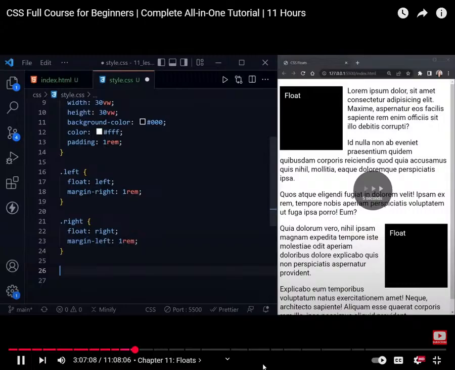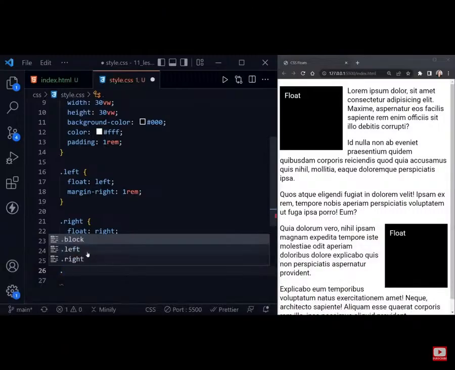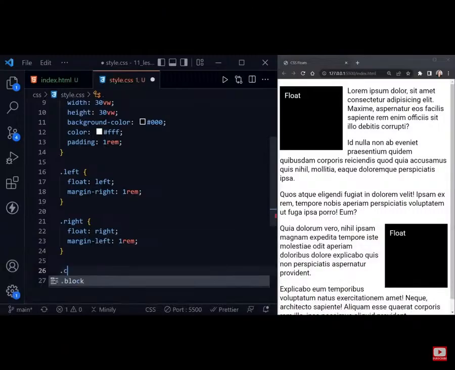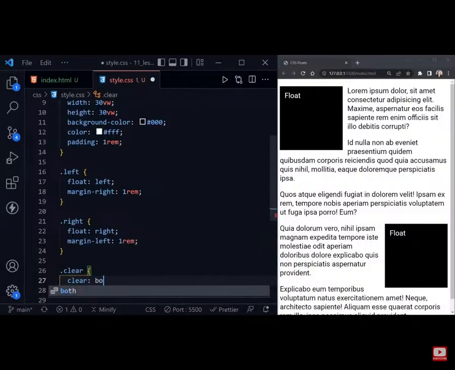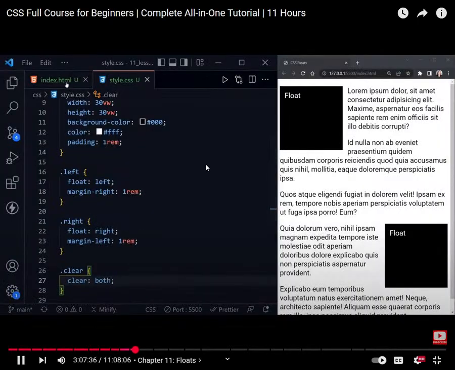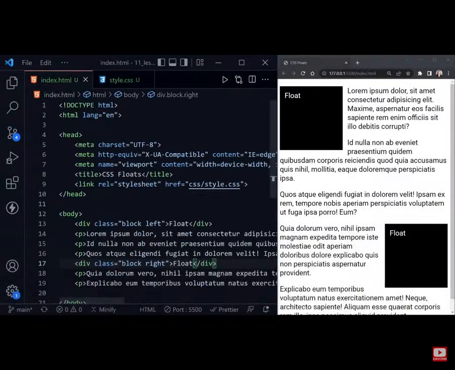Again, I would say in more legacy code, let's call this a clear class, and then inside of this class we'll say clear, and we can say just right or just left if you want to clear something that is specifically floated left or right, but it's very easy to just say both, and then it will clear both. And you'll see what this does in just a moment here. So what I need to do is come back, and then after the first paragraph,